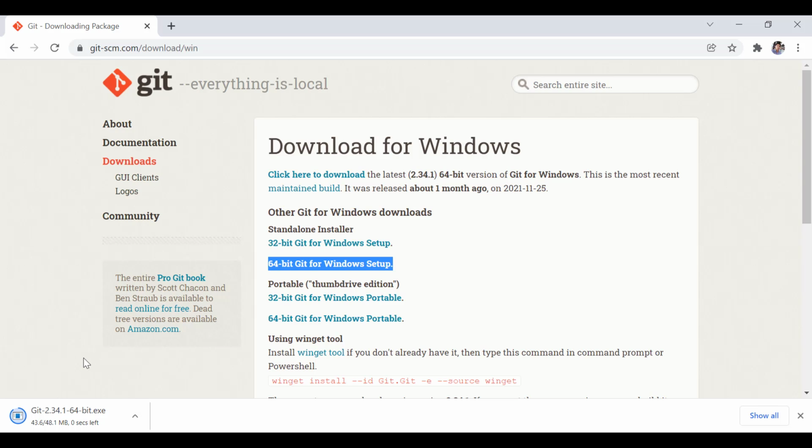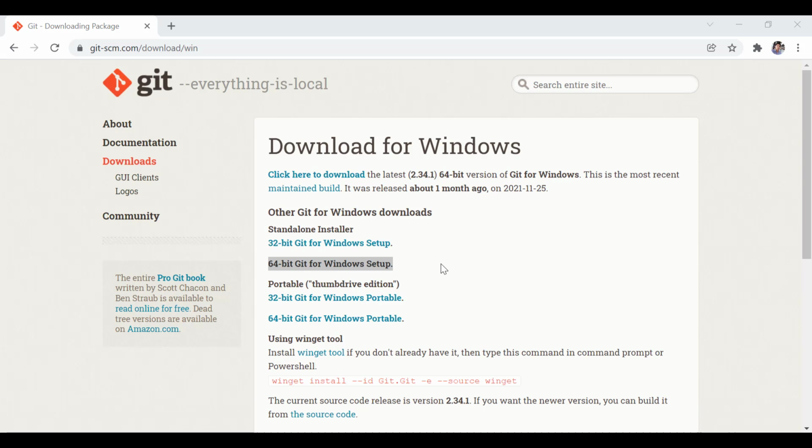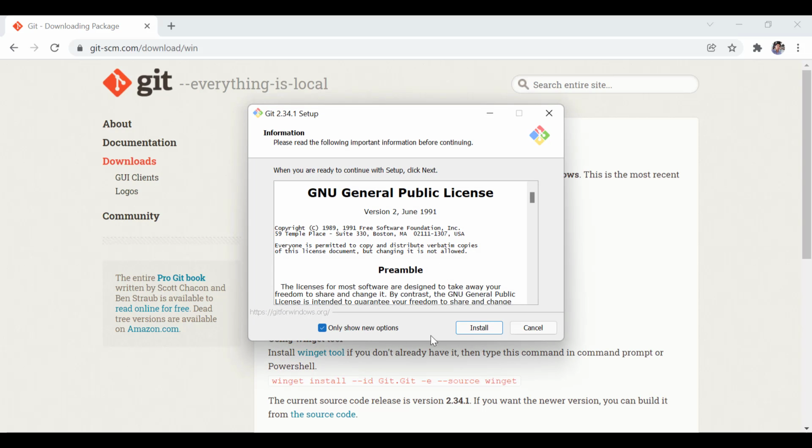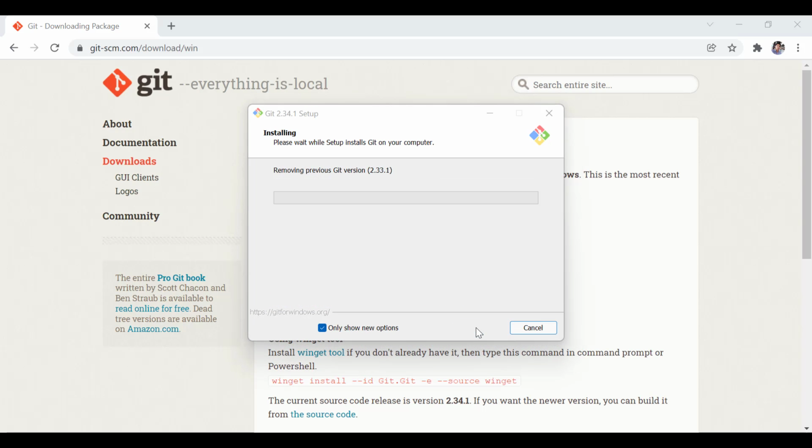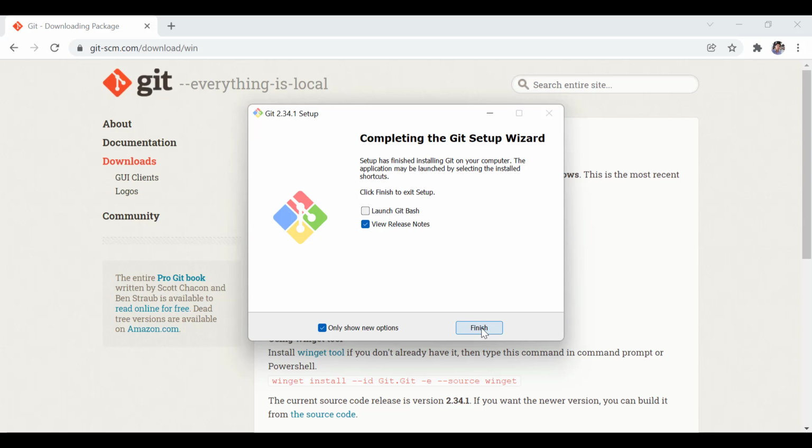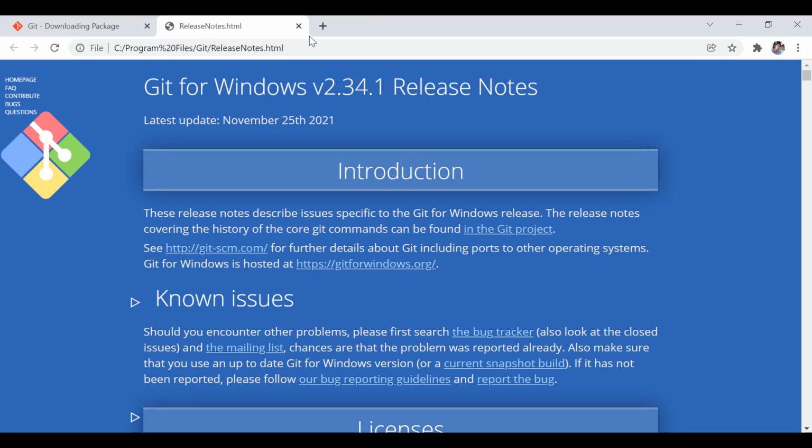After that, you have to simply install this git exe file in your Windows operating system. So just click here and then it will be installed. Okay, after that you can simply click on finish.